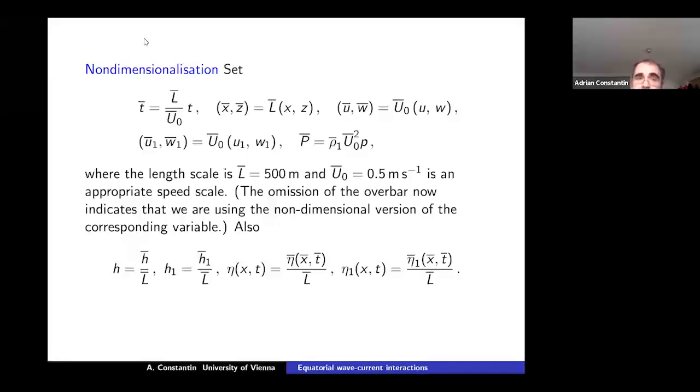So to get there, first I have to non-dimensionalize the equation. I pick a length scale of 500 meters. Why 500 meters? It is important here to capture the strength of the currents. If I go to several kilometers, then this layer of 100 will be too small. So 500 meters is a good compromise to see the stratification and to be able to talk of relatively long waves.